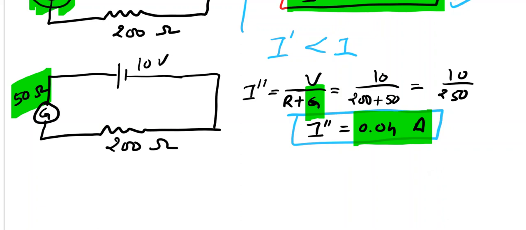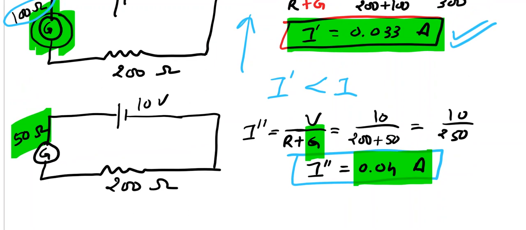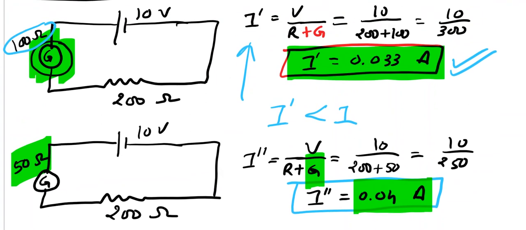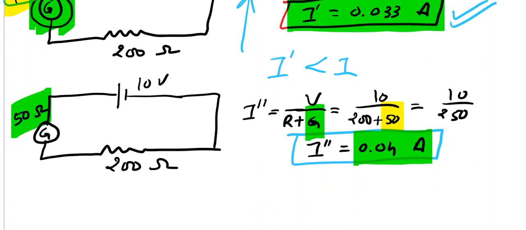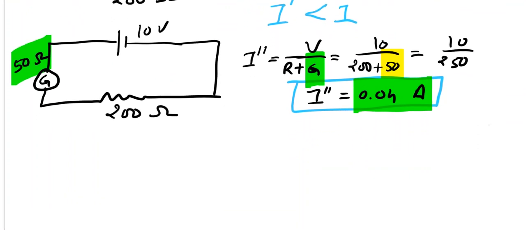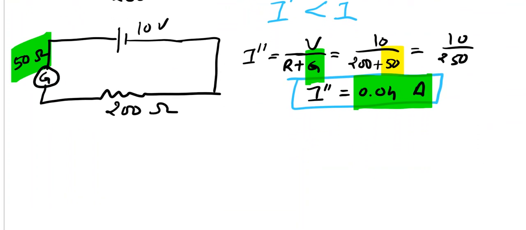This is one issue when you use a galvanometer as an ammeter. The second issue is when you try to go from, say, 100 ohm G to 50 ohm G, there is another problem. The current capacity of the galvanometer will decrease. As the resistance decreases, it will allow a higher value of current to pass through it. And then it is likely to be damaged because of the current capacity, which is normally indicated by Ig. Ig of any galvanometer is very less.